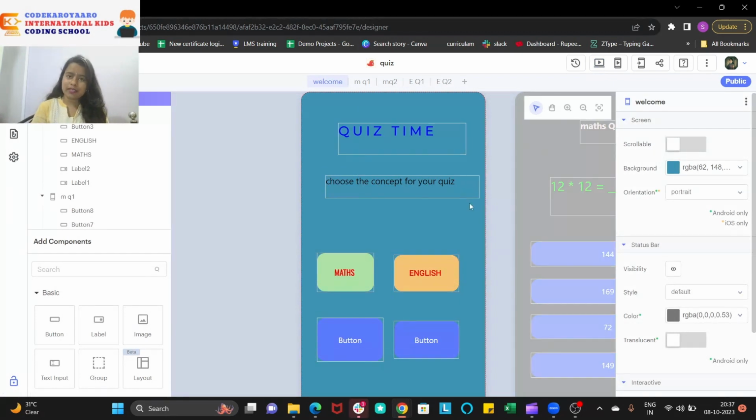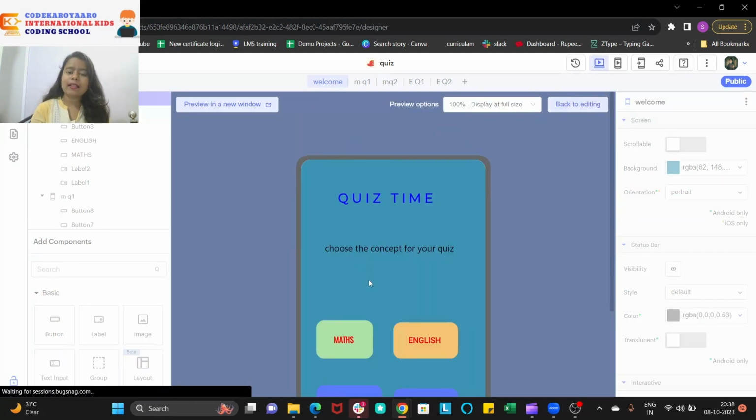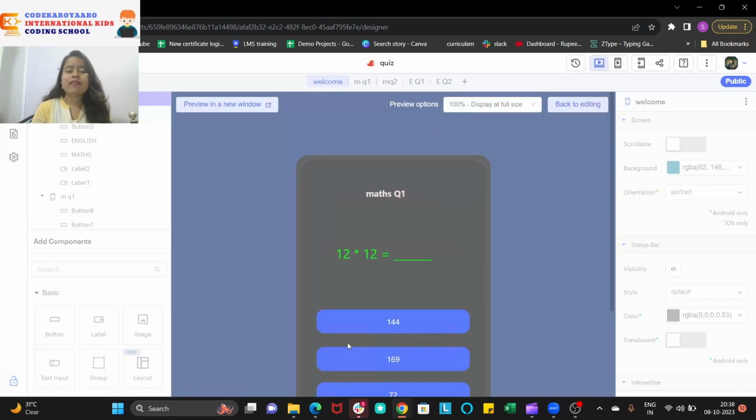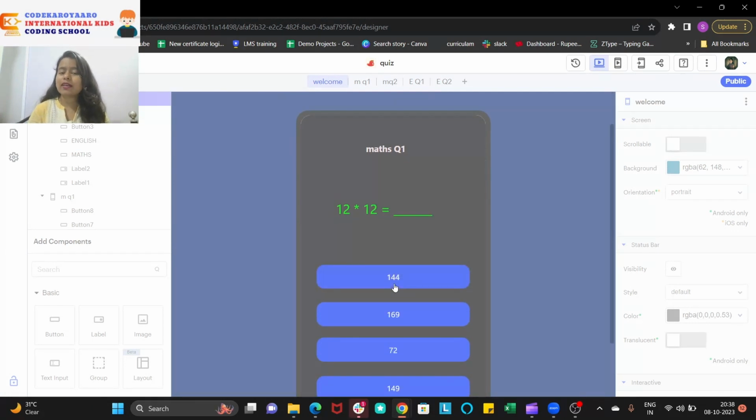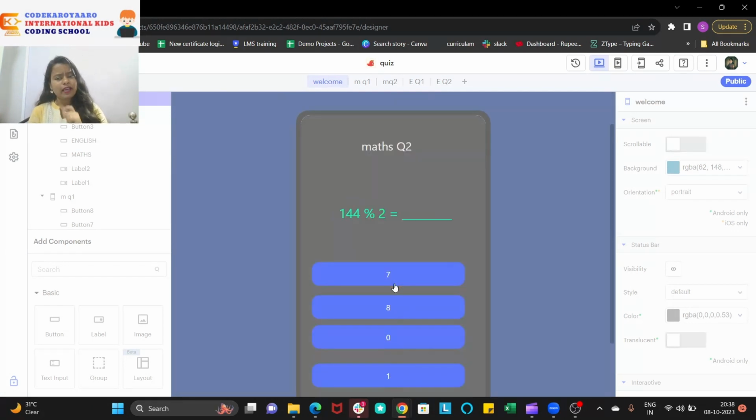It's going to show you the correct thing, whether it is correct or wrong. Now if I click on the math again, and when I go to this one and give you the correct answer, it's going to show me the same thing again. So here it's a small mistake which we made without testing it. If you publish an application or a website without testing it, that is going to be really bad, right?